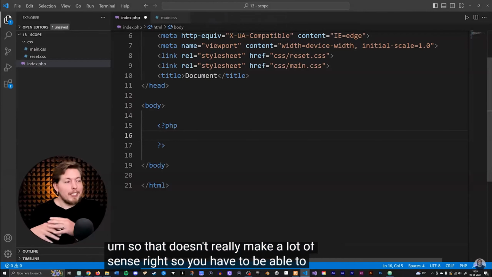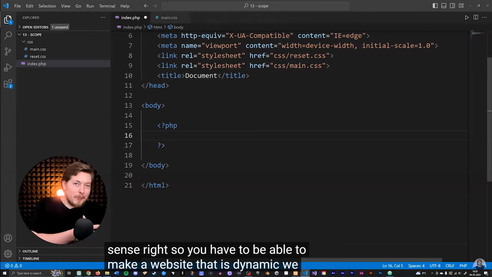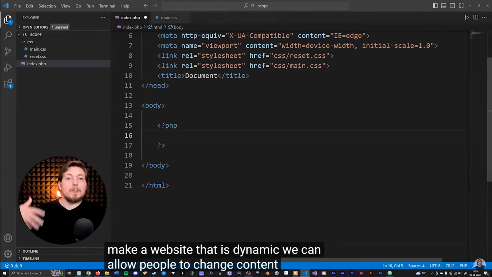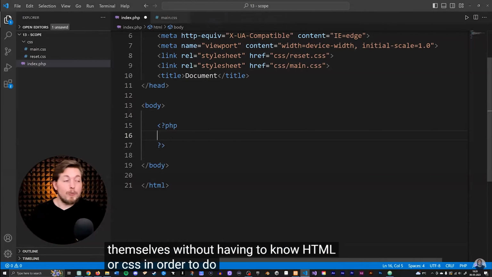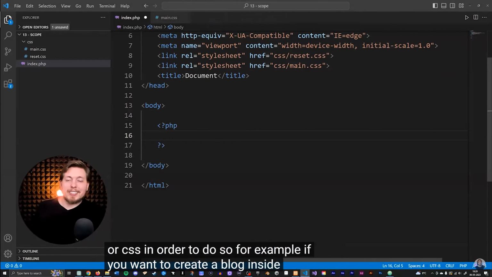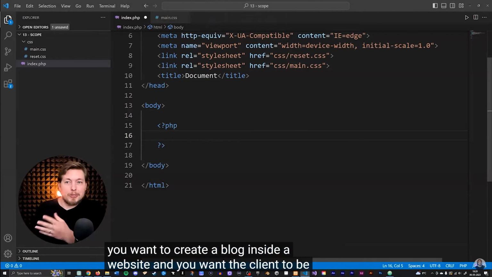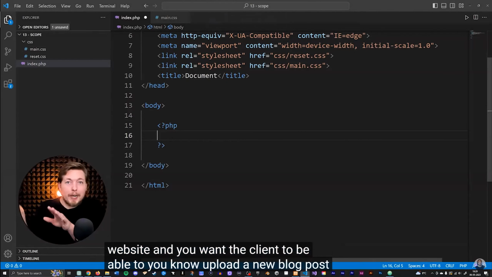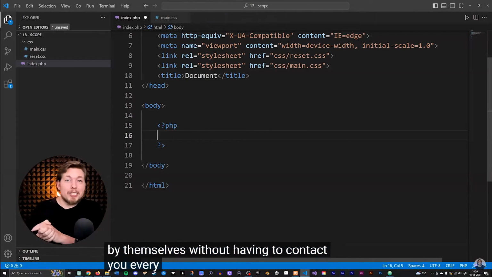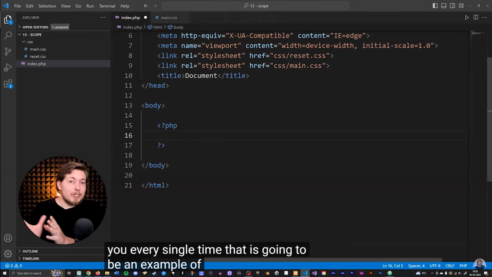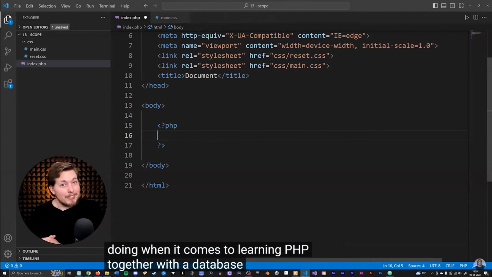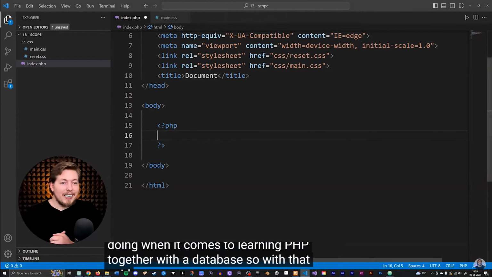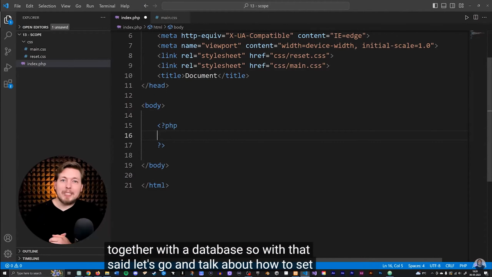So you have to be able to make a website that is dynamic. We can allow people to change content themselves without having to know HTML or CSS in order to do so. For example, if you want to create a blog inside a website and you want the client to be able to upload a new blog post by themselves without having to contact you every single time, that is an example of something you can start doing when it comes to learning PHP together with a database. So with that said, let's go ahead and talk about how to set up a database